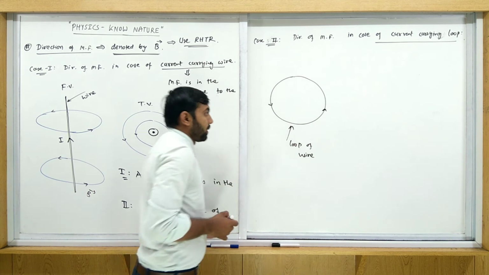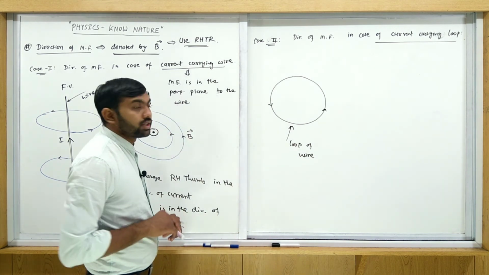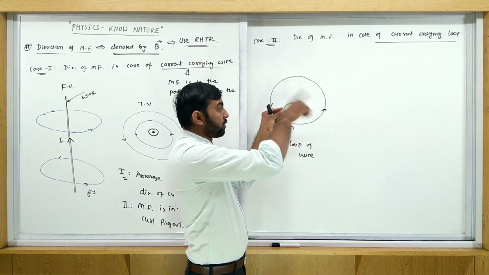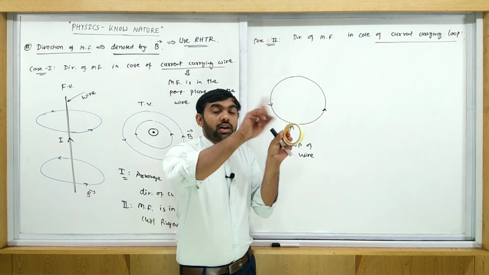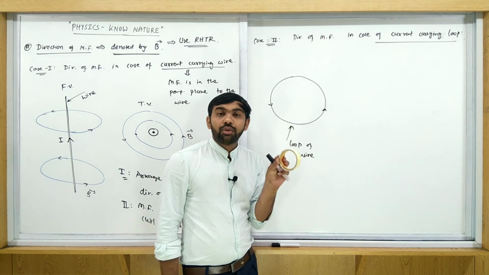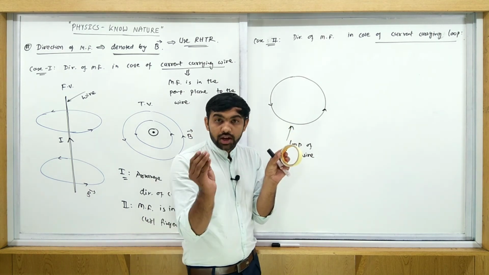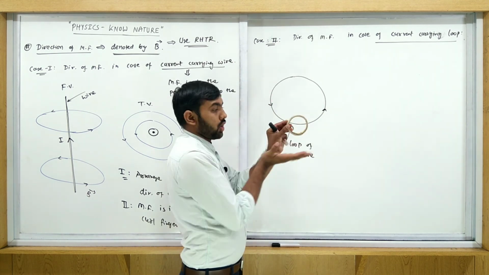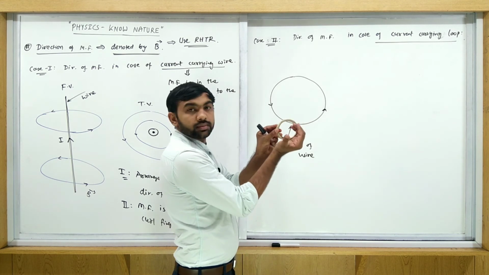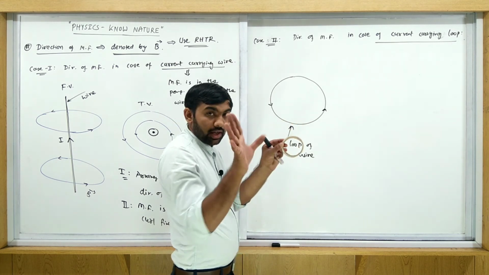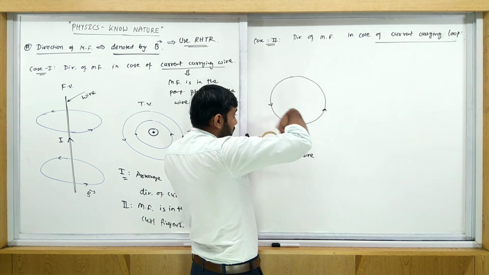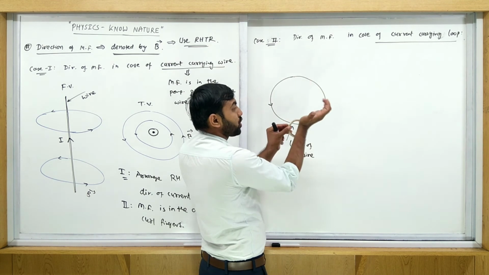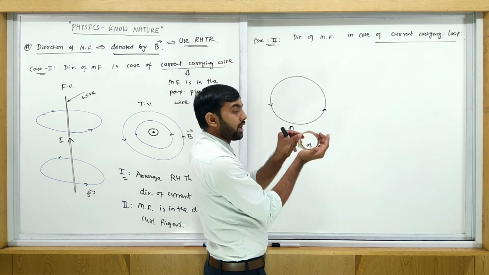Current is flow in this way like this. So you consider this type of situation. Consider, suppose it is a loop and current is flow in this form. Means current is in a circular form here. Then here how to use the right hand? So arrange your fingers. Arrange your finger in the direction of current. So arrange your finger like this. Then thumb is coming out. See again. If you consider this situation, then current is just pass in a circular form because loop is given to us. So arrange your fingers in this direction of the current.